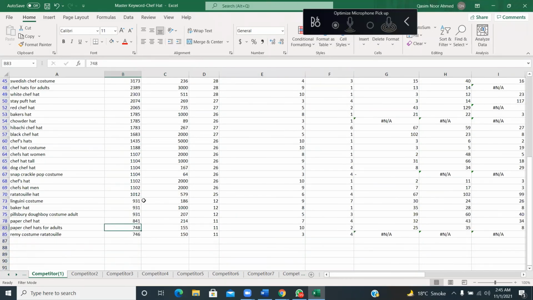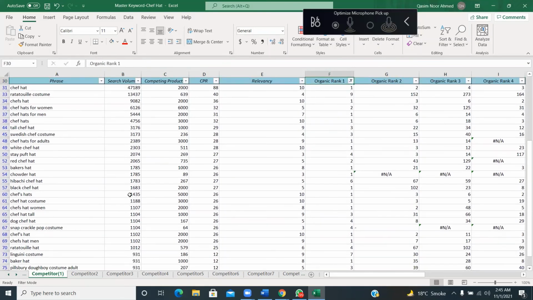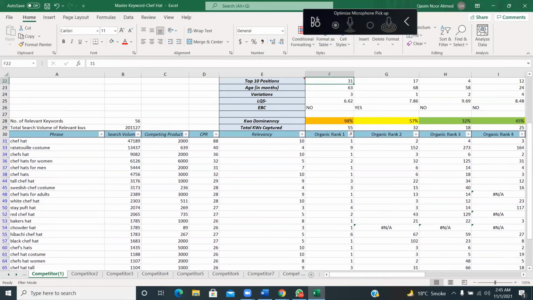देखें, इसने लोअर टेल भी पकड़े हुए हैं जिनका 900 का वॉल्यूम है, 931, 700 का वॉल्यूम है, इन पर भी आकर फोर्थ स्पॉट पर, थर्ड स्पॉट पर बैठा हुआ है। इसने कीवर्ड्स के चंक को टारगेट किया, कीवर्ड्स को ये इग्नोर नहीं कर रहा। बिकॉज अगेन मैं ये बात बहुत दफा रिपीट कर चुका हूँ, कीवर्ड क्या होता है? कीवर्ड या सर्च टर्म बेसिकली हमारे प्रोडक्ट तक पहुंचने के लिए एक दरवाजा होता है।